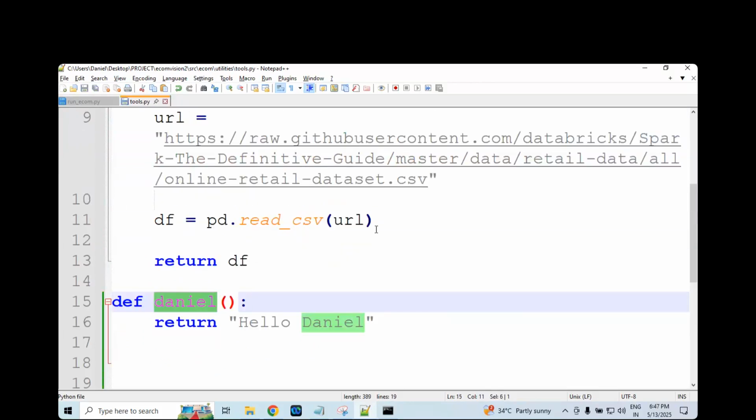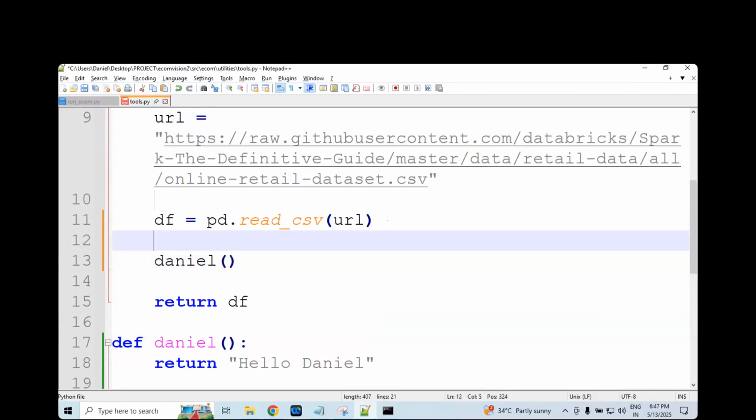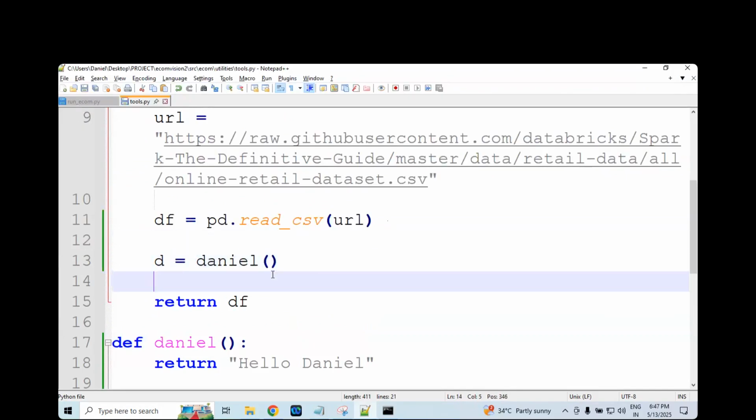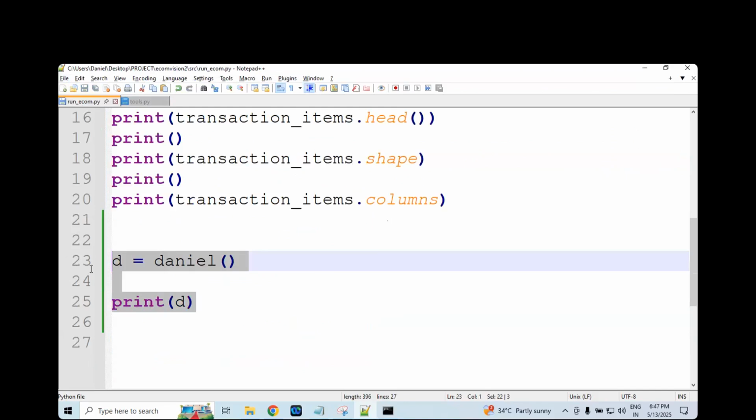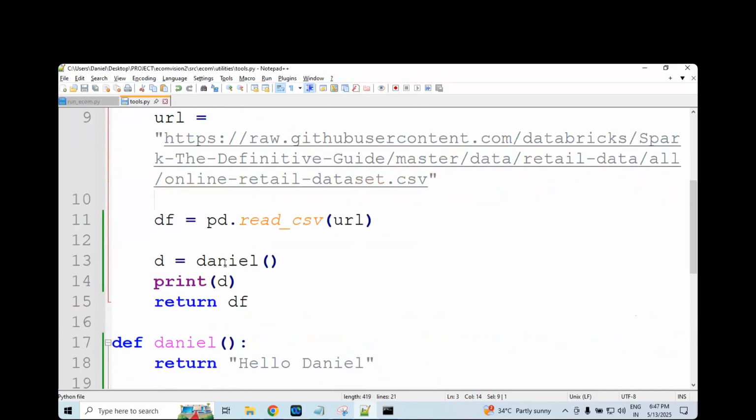Sir, simple. Follow the rule actually. Wherever you are calling Daniel as a variable, why? Because that has a return statement actually. Then here you just have to print the D. Print D actually. Right. Now don't call here. That's still okay. Why? Because you're already calling load_data, right? Am I right? Now this function will be triggered automatically actually.